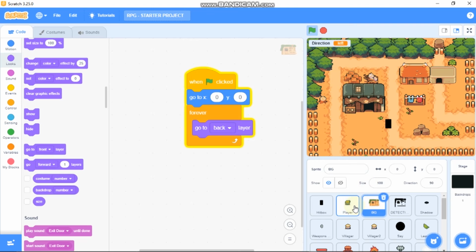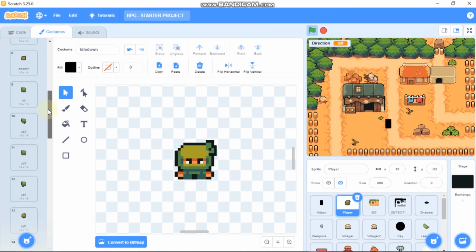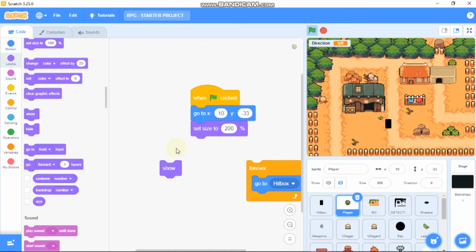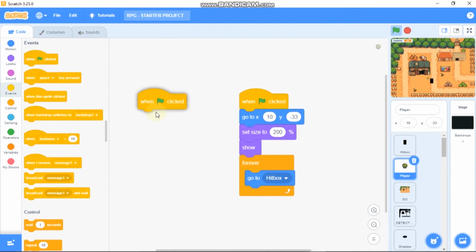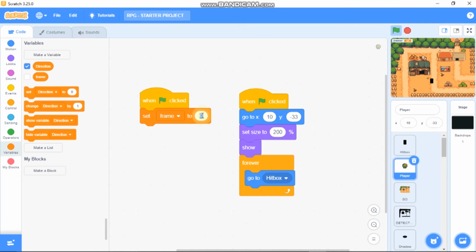So okay, now let's animate this player. So we got all the idle costumes and the walking costumes, and make sure you rename them properly. And grab this when green flag clicked block and make a new variable called frame for this sprite only. We need to set frame to 1.